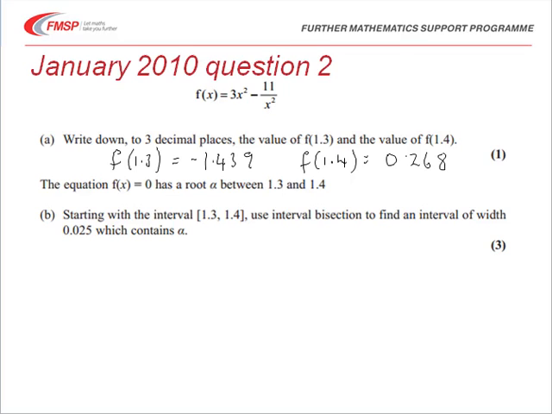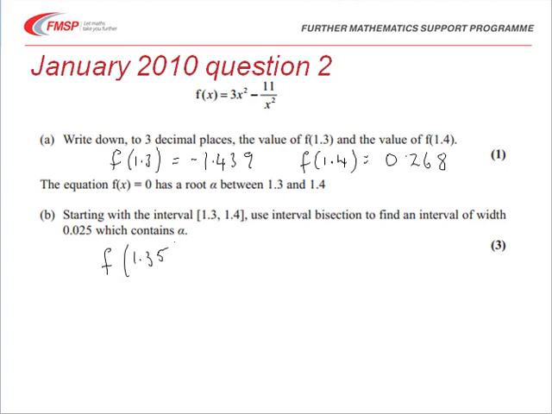Well, in this particular question we've been told there is a root between 1.3 and 1.4. Often, however, you would be asked to prove that, and that would come from the fact that of the values you've just found, one of them is negative and the other one is positive, so that change of sign implies there's a root in the interval between the two values 1.3 and 1.4. However, here we're just asked to use the interval bisection method, so the next point to check is the midpoint,